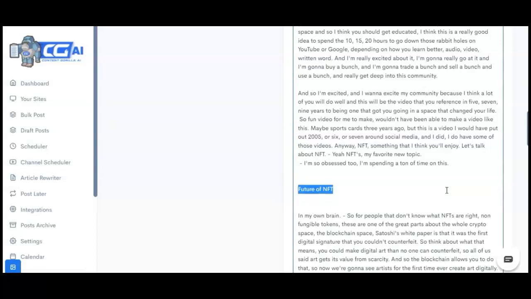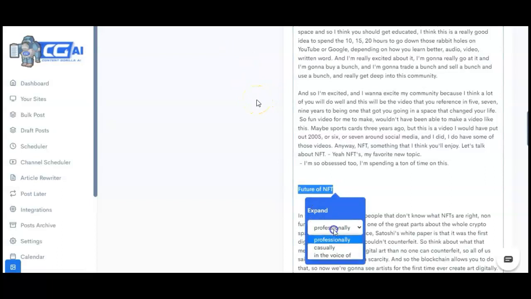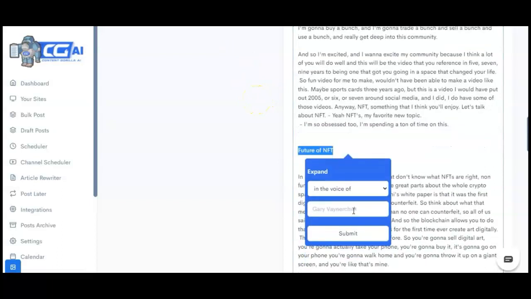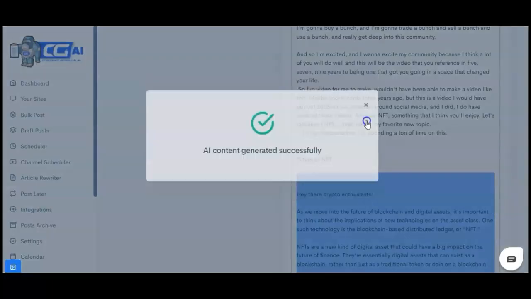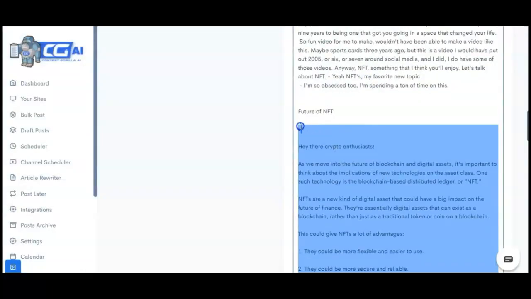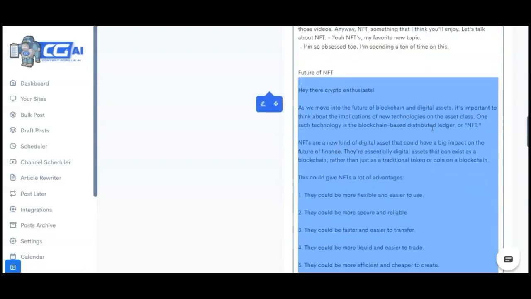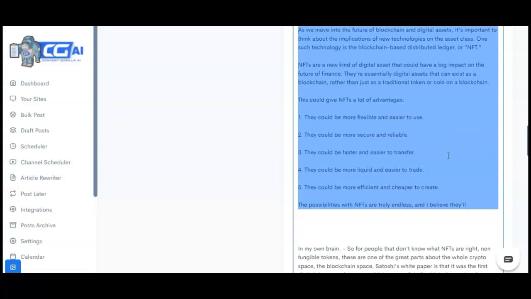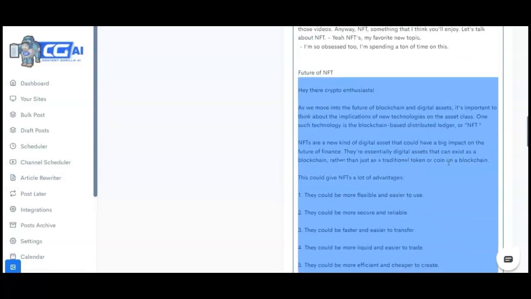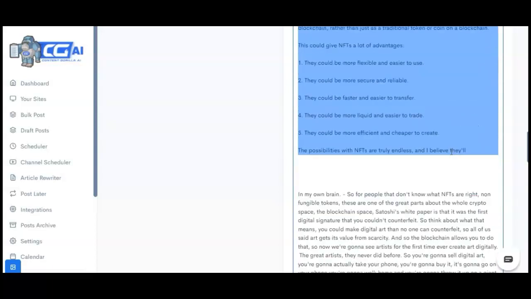I'm going to type whatever I want the AI engine to write for me about, and we're just going to go ahead and tell it to write it in perhaps Will Smith's voice. And as you'll see, the voice that the artificial intelligence now uses is Will Smith's.